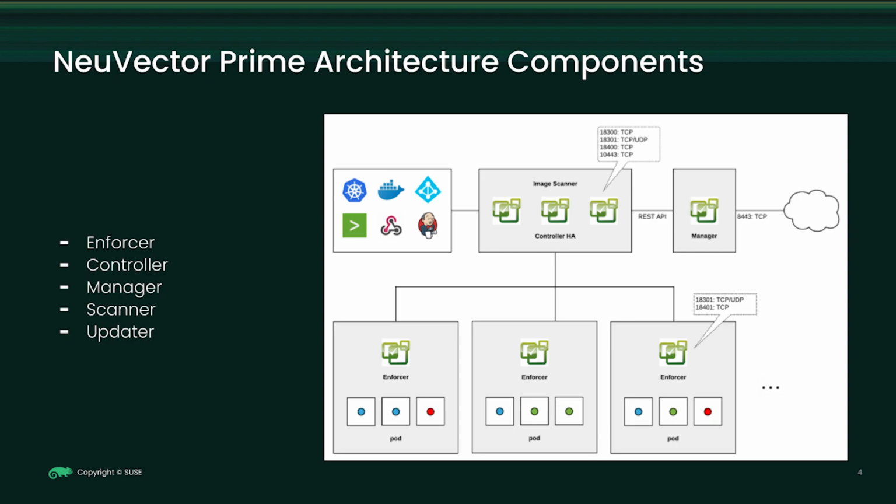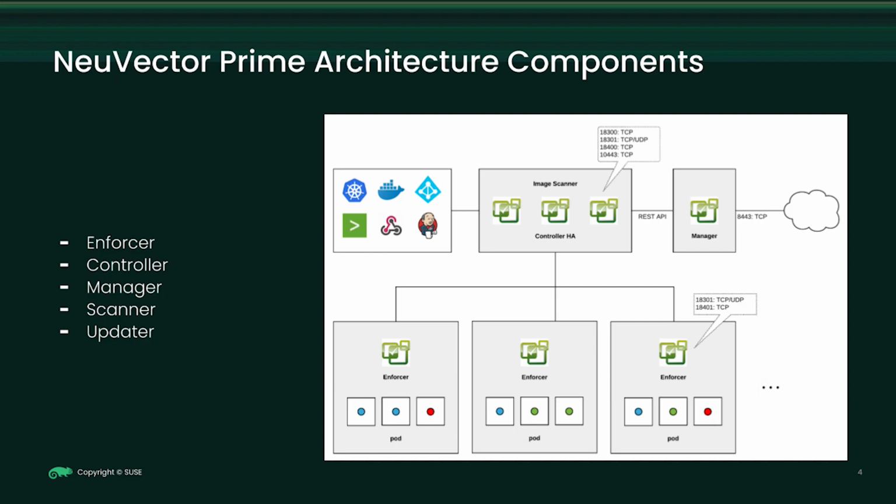The third container is the Manager, which is a stateless container that provides a web UI for users to manage the NeuVector security solution. More than one manager container can be deployed as necessary. The fourth container is a Scanner, which is a container that performs vulnerability and compliance scanning for images. Typically, it's deployed as a replica set and can be scaled up to as many parallel scanners as desired to